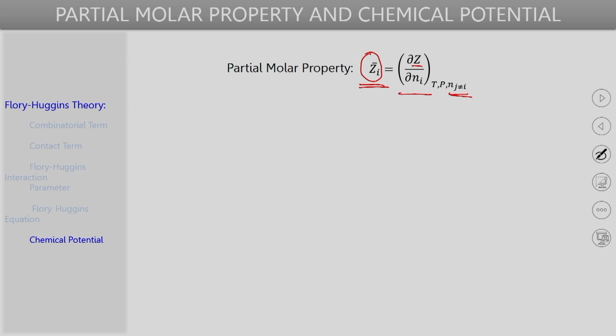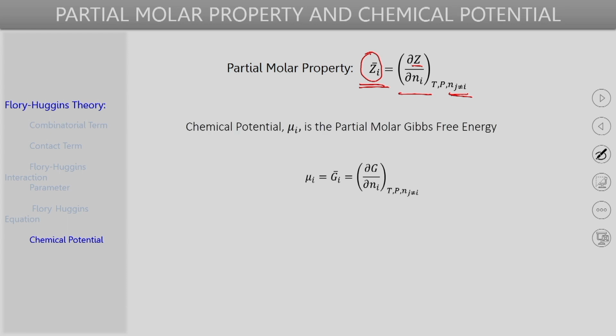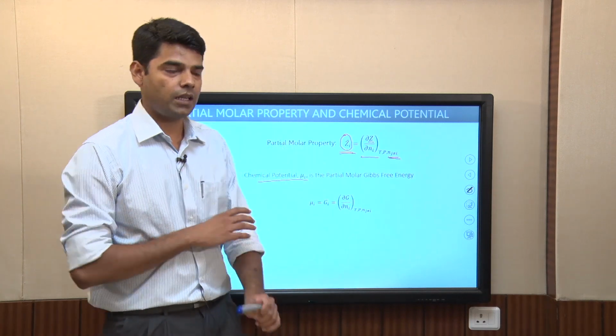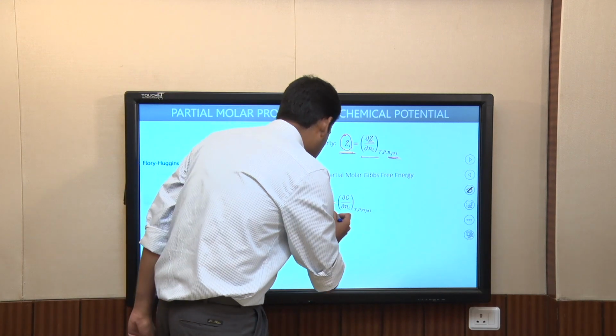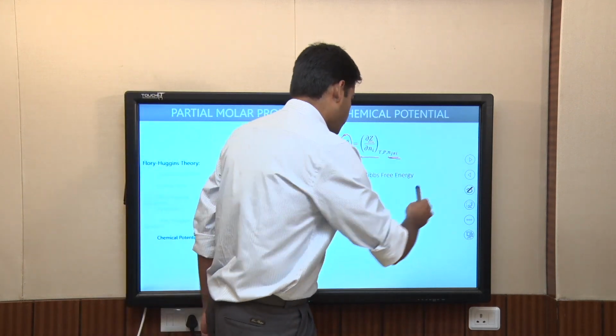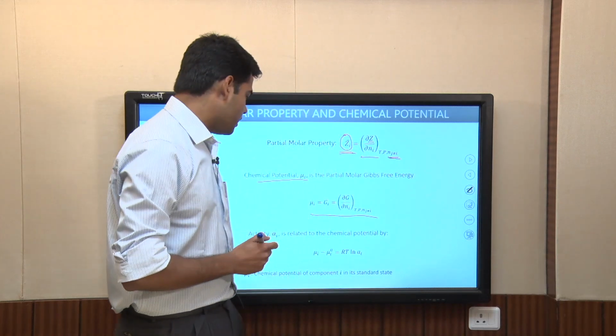The partial molar property that is of most interest to us is what is called the chemical potential, which we will represent by mu i, and this chemical potential is nothing but the partial molar Gibbs free energy. So, the change in Gibbs free energy of a given solution associated with the addition of a very small amount of a certain component, that change is what the chemical potential of that component signifies. Since it is a partial molar Gibbs energy, mathematically one can define it like this, and from here another important expression that is of interest to us